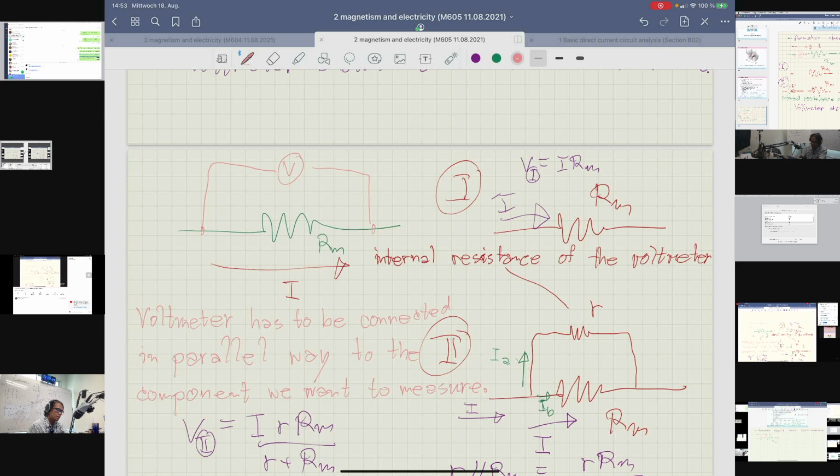So that's the maximum value for the current that this galvanometer can sustain. If you let the current flow like 60 microampere, the galvanometer will get damaged. And to measure the full scale deflection of 1 ampere,